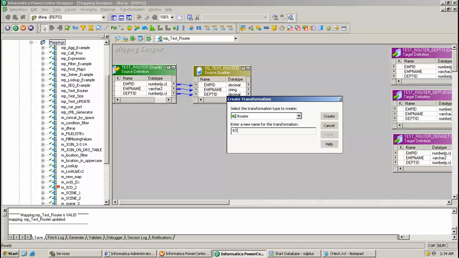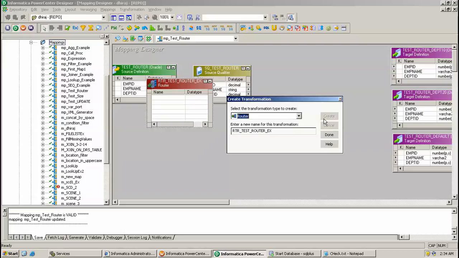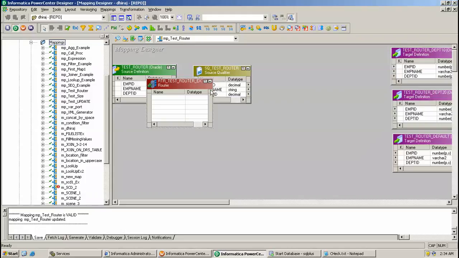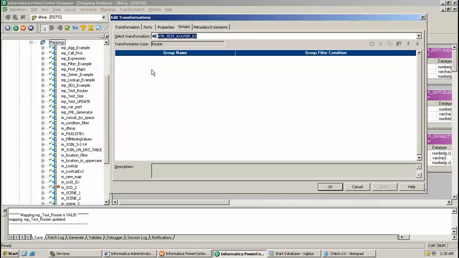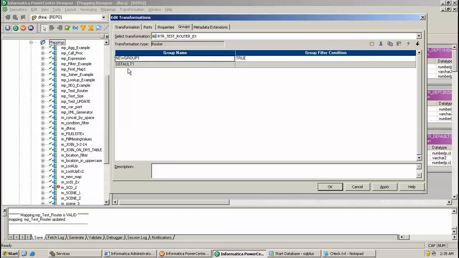I have created the router transformation, test router. Click Done. Once you click Done, you can check over here in Groups. There is no group. You can click the first one and the default group is created automatically.